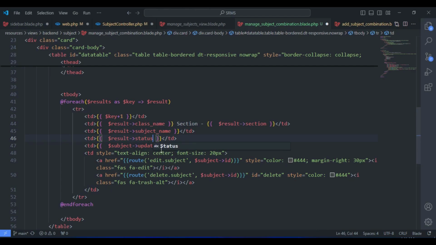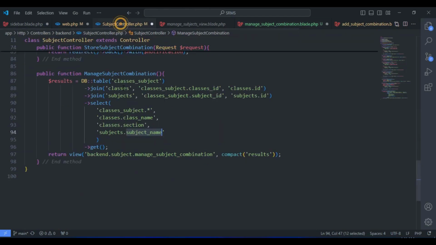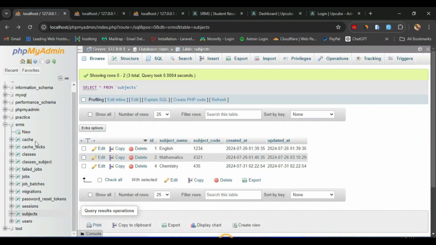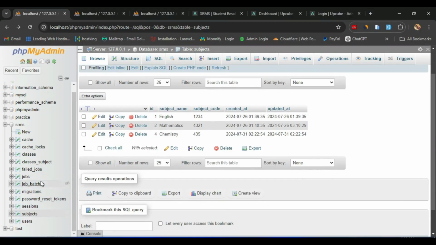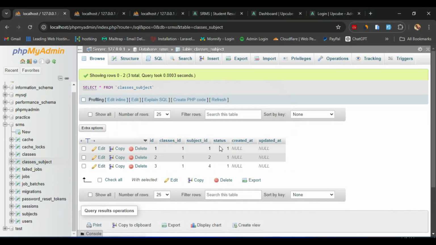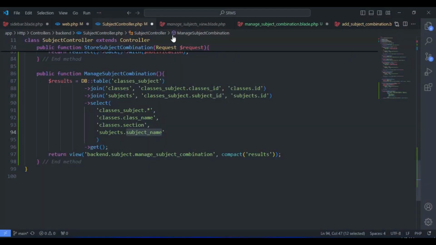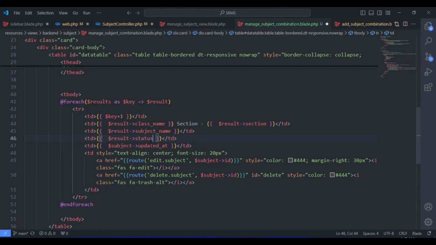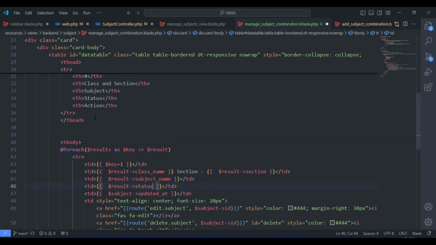Remember, we fetched our status from our classes subject table right here. So we fetch everything from our classes subject table, which is our fiber table. So let me go ahead and show you that. Inside of our classes subject table, we're going to find our status right here. So we're going to go ahead and say status here, our result status, and then our last heading is for